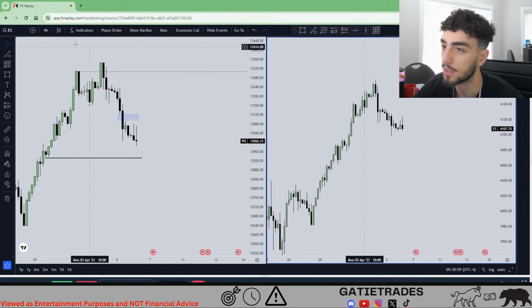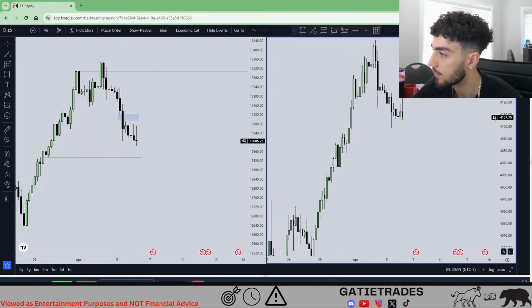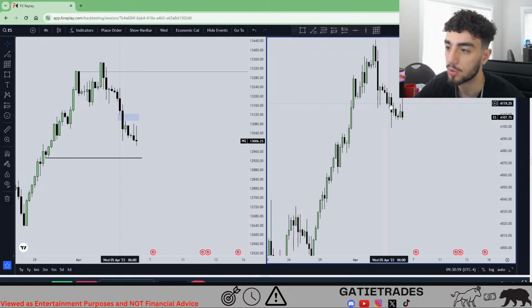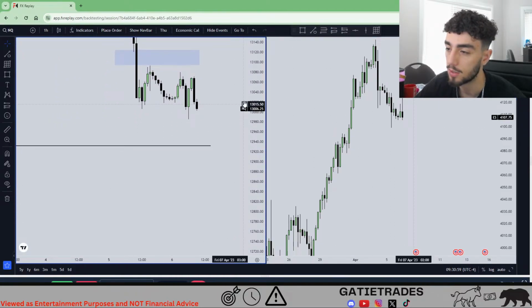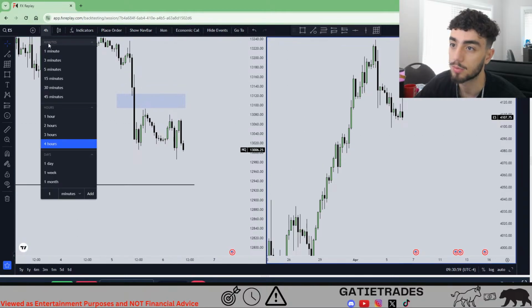And by the way, you always need to do both. You need to do ES and NQ at the same time. Otherwise, it's not valid. So see, we tapped into the order block here. No. Well, we have an SMT at the lows right now. So it could be reversal off that bullish daily fair value gap.